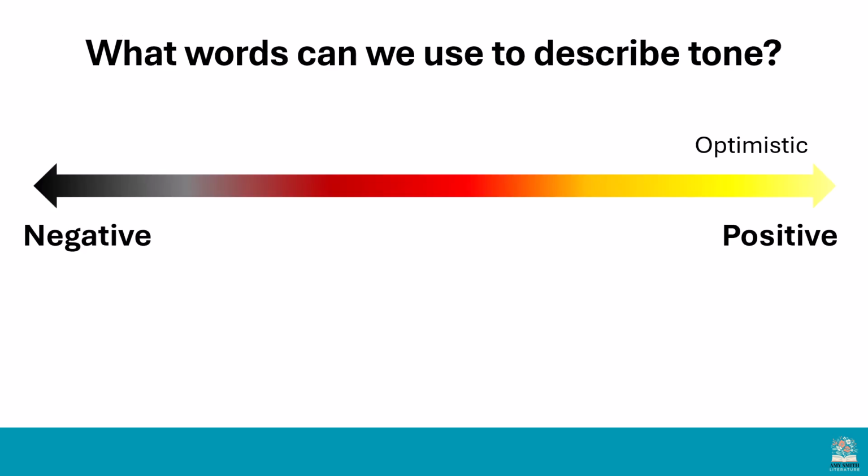Here we go then. So optimistic, exuberant, we might know that from talking about Mr. Fezziwig in A Christmas Carol. Idyllic, which is a word that means really calm and tranquil and peaceful. Nostalgic, I've put here on the positive end. Some of you might have put that more negative, and that is absolutely fine. Nostalgic means that you're looking back kind of longingly to the past. And that could be a really positive thing.